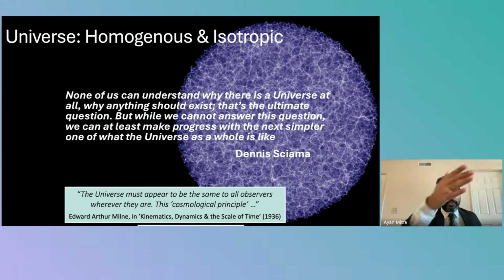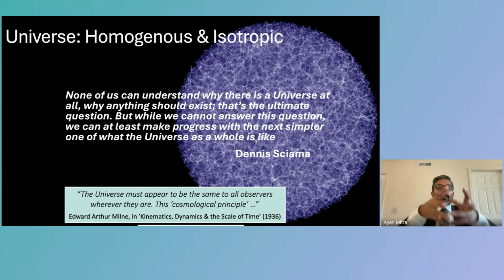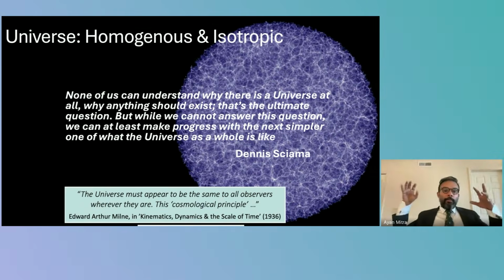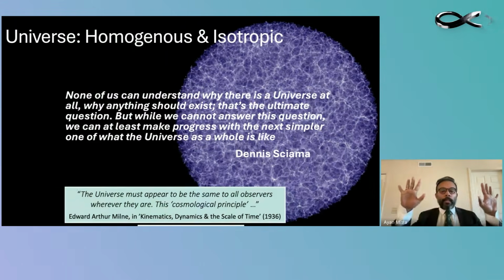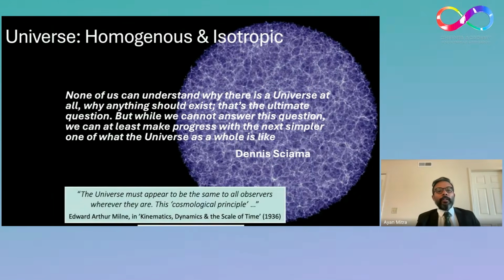Wherever you go, wherever you stand, if you take a statistically random sample of objects from there, and if you do that in many other places across the universe, and do a statistical distribution, you will find more or less they are all equally distributed. So there is no speciality in any direction. I'm talking about this on big scales of the universe, not in a very small zoom in. No, zoom out, and you see it looks equally distributed. This has a very profound significance, the understanding that the universe is homogeneous and isotropic.